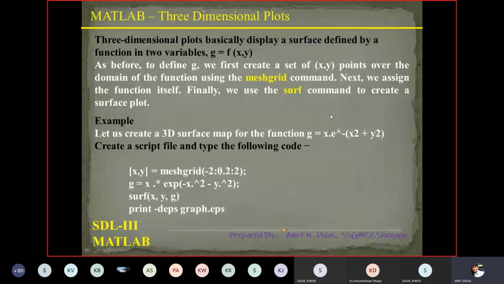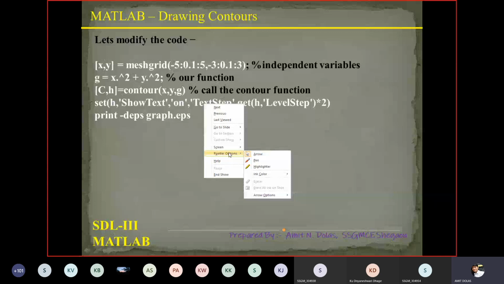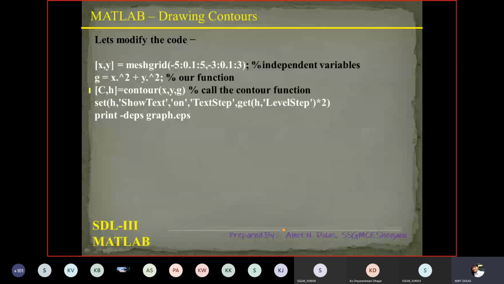Here again I wanted to point out that in the previous command, to differentiate, I have used xy meshgrid. I have used x values from minus 5 to 5 with an increment of 0.5, and y values from minus 3 to 3 with an increment of 0.1. So x and y differ, that's why we use this one.